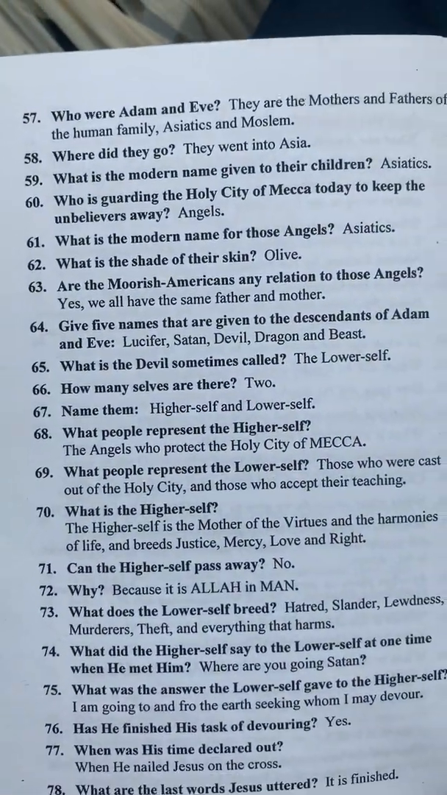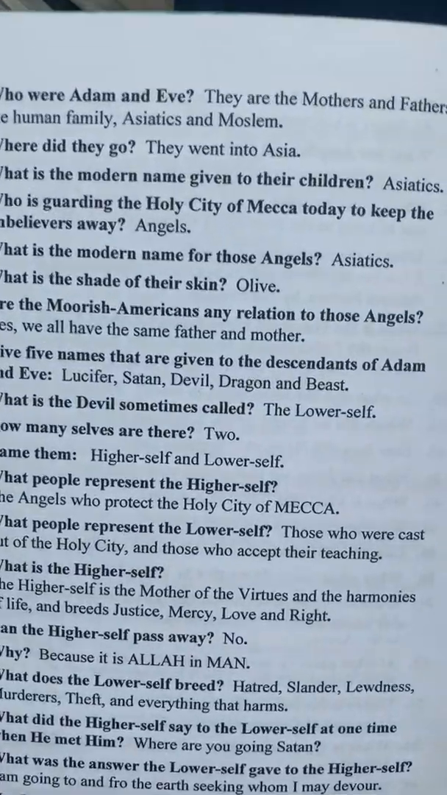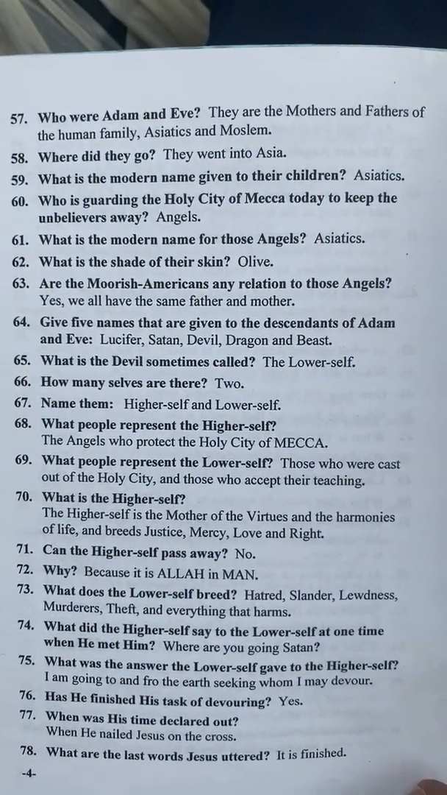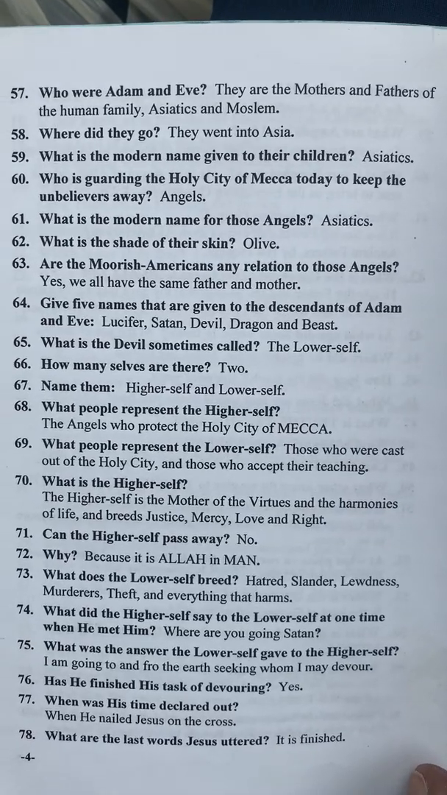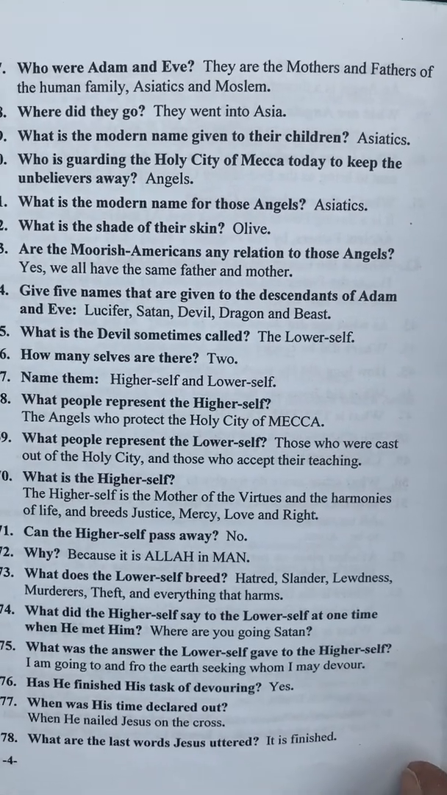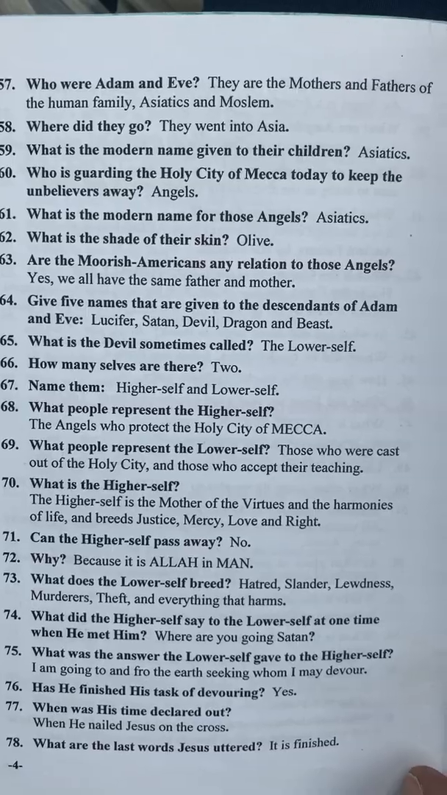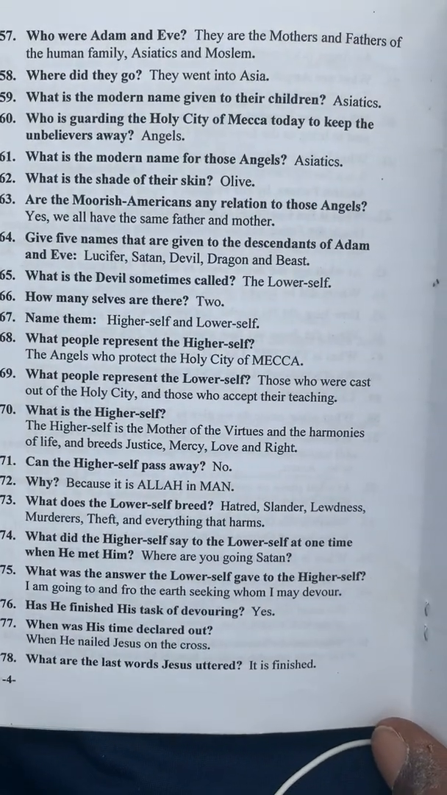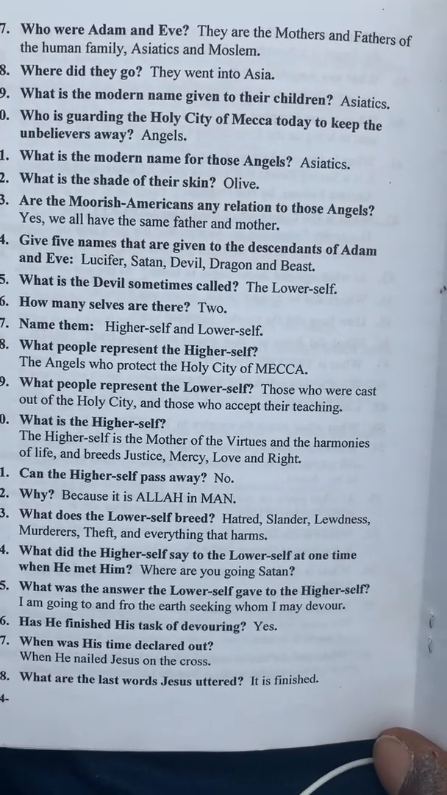So what does olive skin really mean? Because when we go into this, it says, who were Adam and Eve? They were the mother and father of humanity, of the human family, Asiatics and Muslims. Where did they go? They went to Asia. What is the modern name of their children? Asiatics. So all you Bible thumpers that say Adam and Eve were the first people,